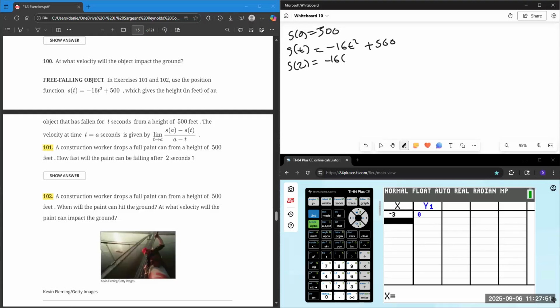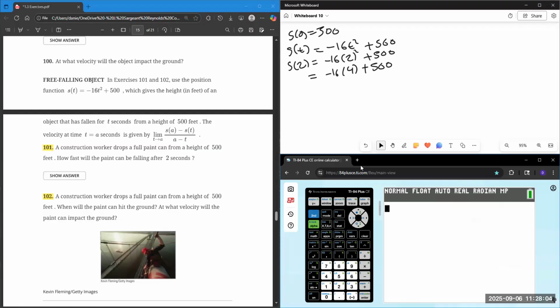It's negative 16 times 2 squared plus 500, which is negative 16 times 4 plus 500. Let's just use my calculator for this. Negative 16 times 4 plus 500 is 436. And so